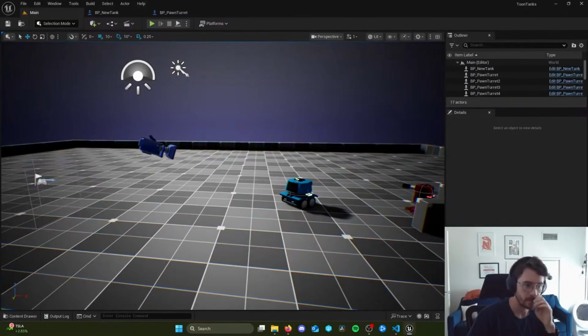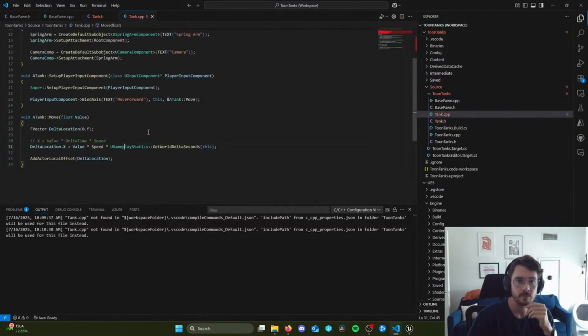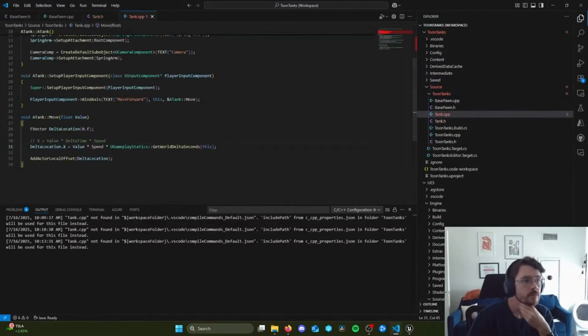So back here in tank.cpp in the move function, here's our call to add actor local offset. And if we want, we can pass in another input parameter here, the second one being the sweep boolean. So we can pass in true here. So let's compile this and see the effect of enabling sweeping. Now, if we press